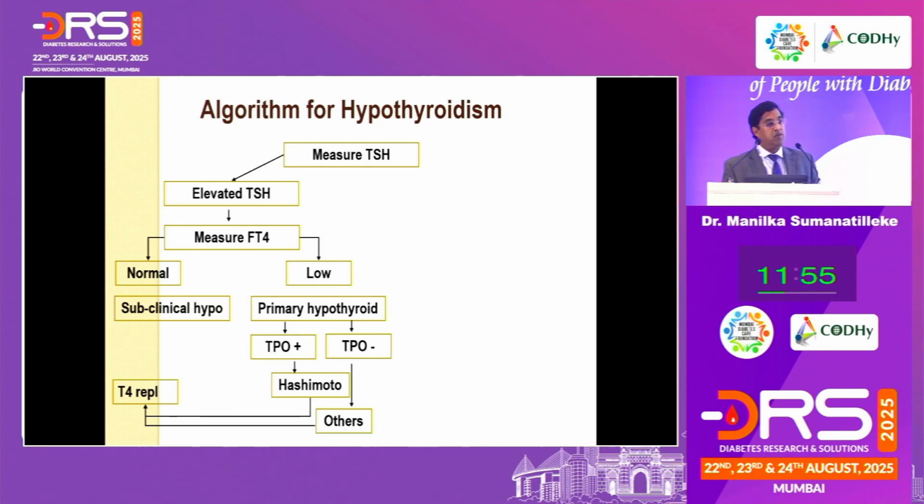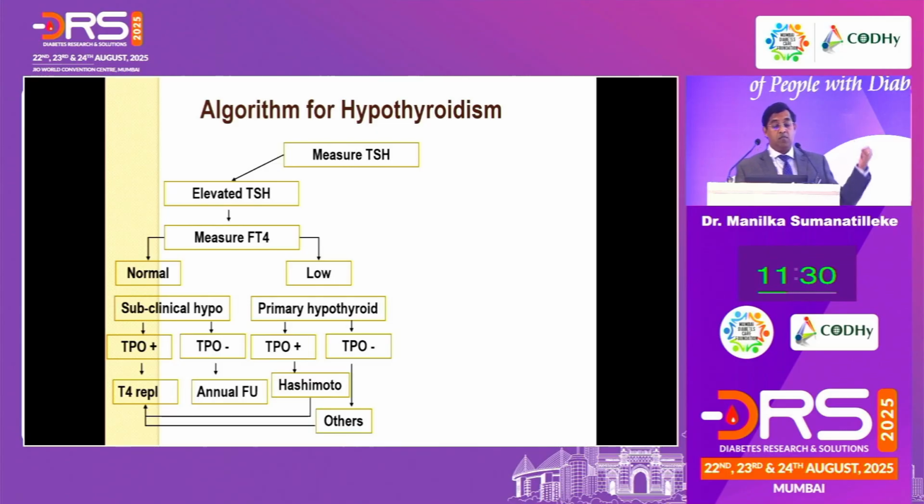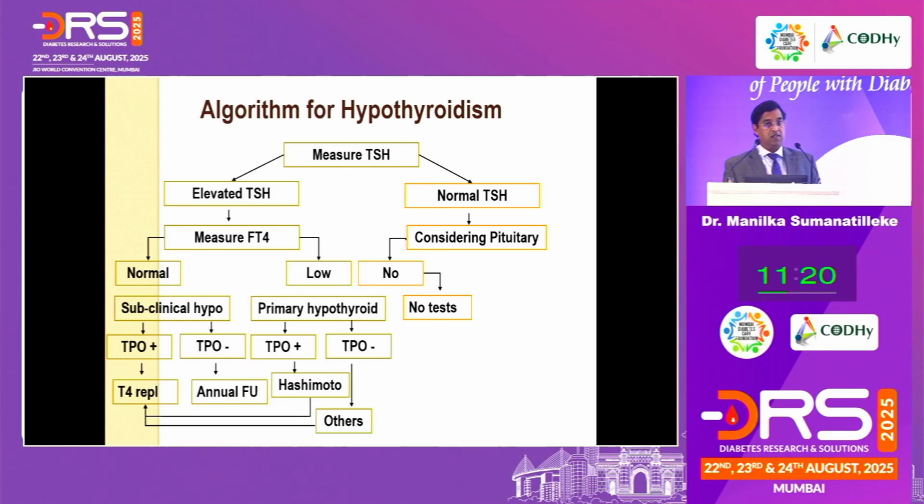If the free T4 is normal, you end up with subclinical hypothyroidism, where you'll have to decide whether to treat or not. Commonly, if the antibodies are positive, you could treat, or whether there are other signs like high CPK, hyponatremia, other causes, you could treat them. Subclinical hypothyroidism, that is anything between 7 to 10. 5 to 7 is still debatable. If the antibodies are negative, TSH is marginally raised, 5 or 6, you could wait, annual follow-up. So it's very simple. Then if you measure the TSH, it's normal.